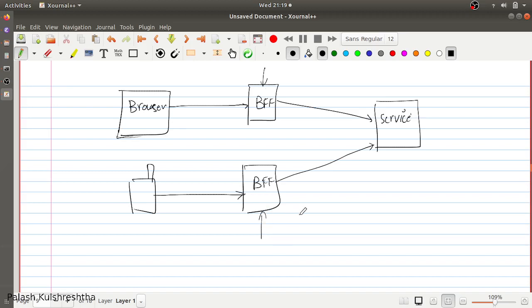So all the logic, for example, if the browser needs higher resolution images and the mobile application needs smaller images, or maybe different data feeds, because every piece of data has some size and is going to take network bandwidth, and in a mobile application network bandwidth is very costly in terms of computation, costly in terms of time taken to load your application. So you may need a very small amount of data to travel between the services and your mobile application.